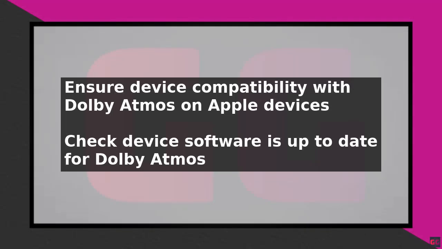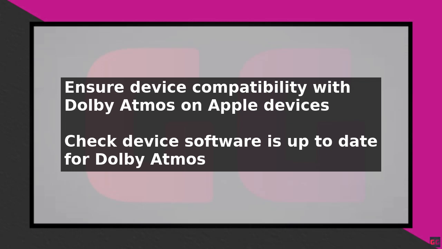To turn on Dolby Atmos on Apple Music, start by ensuring your device is compatible with Dolby Atmos. This feature is available on Apple devices such as iPhone, iPad, iPod Touch, Apple TV, and HomePod. Next, make sure your device is running the latest software, as Dolby Atmos requires the latest version of iOS, iPadOS,